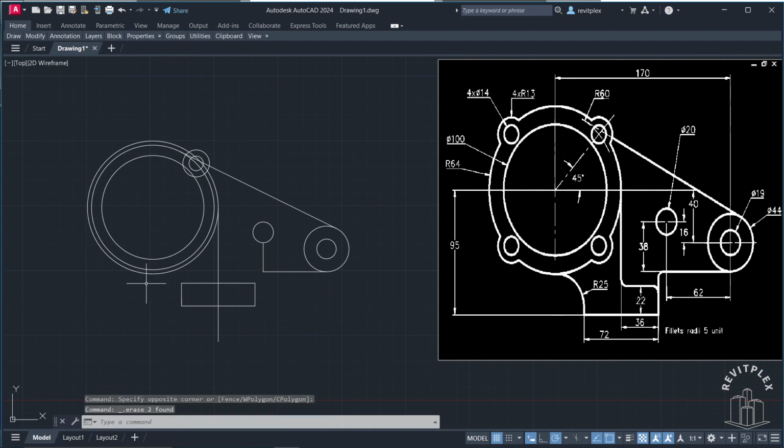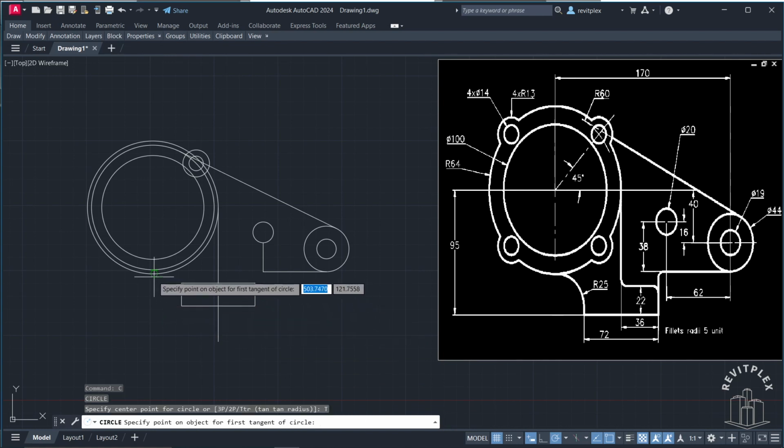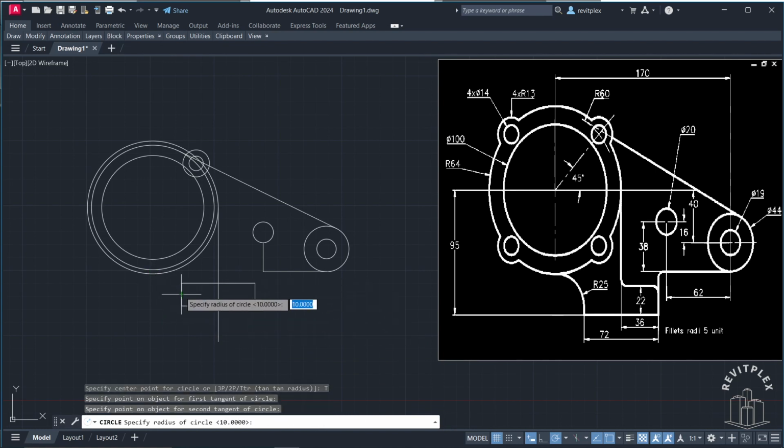And then I'm going to draw a tangent radius circle. So C, enter, then click on this tangent and radius, click on this point and then this point, and then simply set the radius, which is 25, and then press enter. Now you have to trim some part. You can see